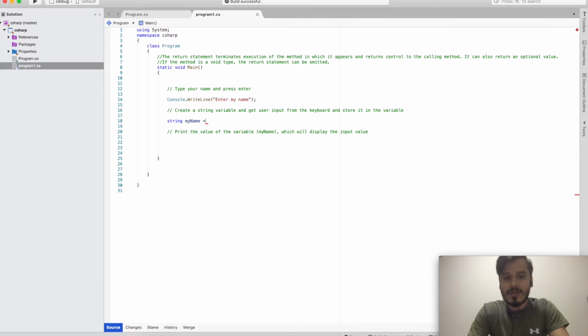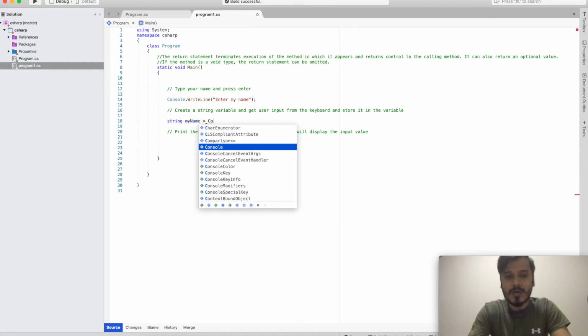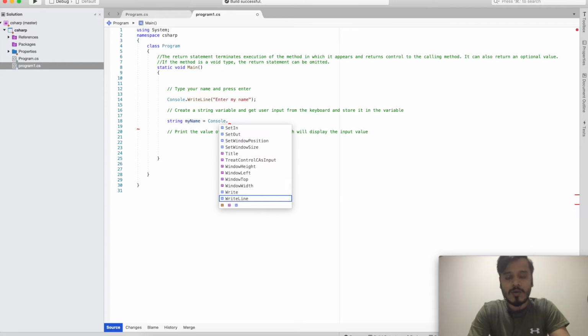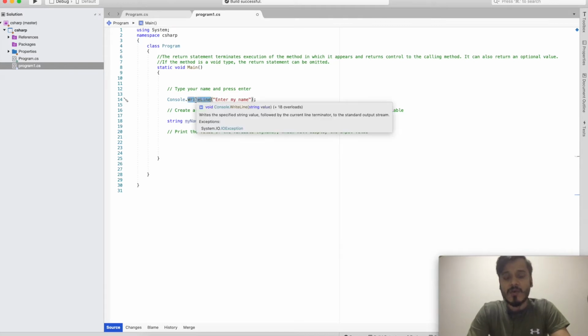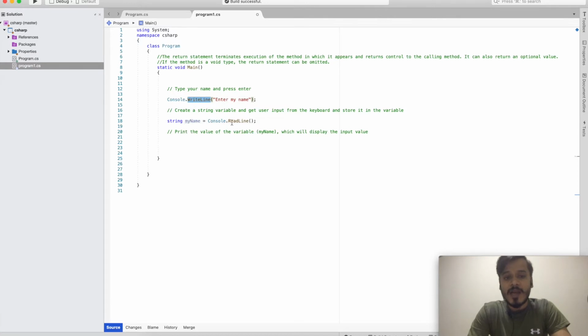Then I will use the equal to operator, and after that I will write Console.ReadLine, and then close the bracket. So as we can see, WriteLine is for writing on the console, ReadLine is for taking input.